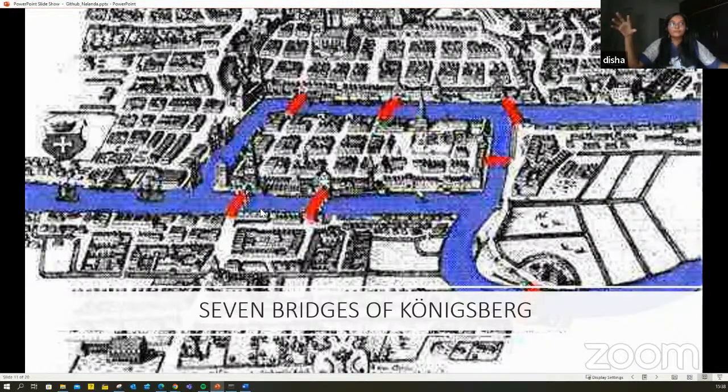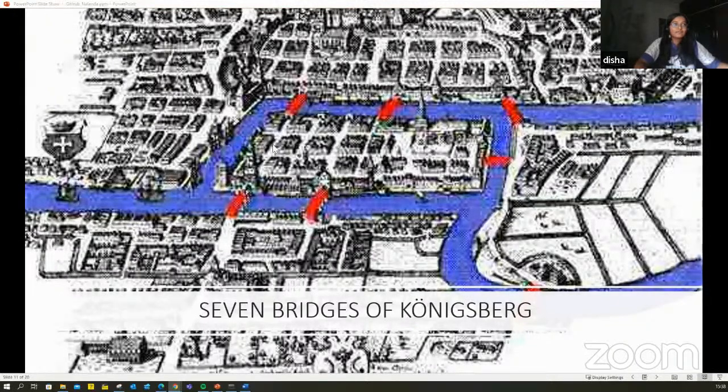Now, how did graph theory actually start? There was a problem. This is the city of Königsberg. This was way back. I don't really remember the date when this problem actually came into being, but this is a city in Prussia in the early 18th century.